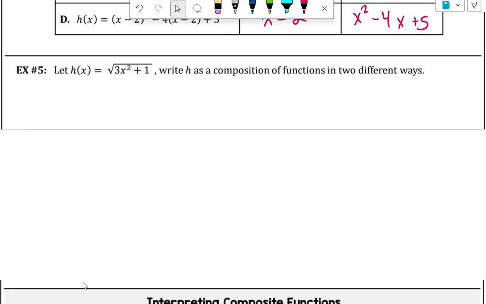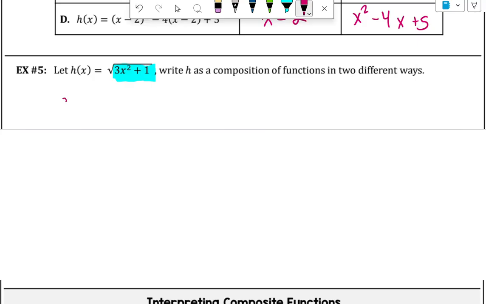Number 5 is asking you to do the same thing, but to show you how you could make a composite out of what's given. Now, some of it might be obvious, some of it might be a little bit trickier. What I could do is see that this whole thing is one grouping. So I could say that